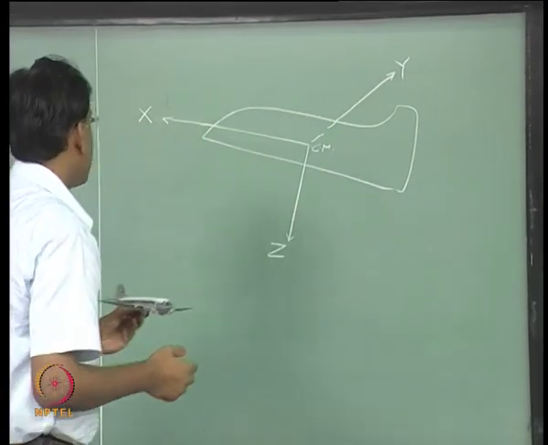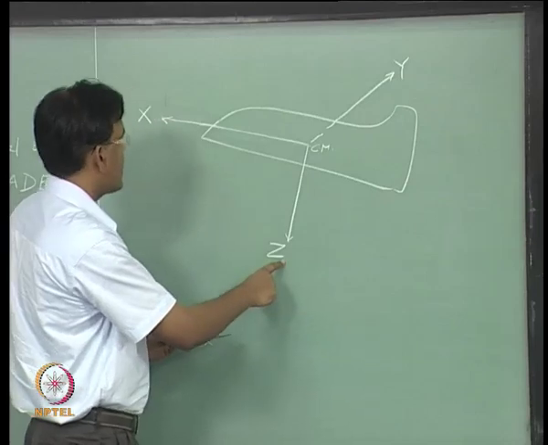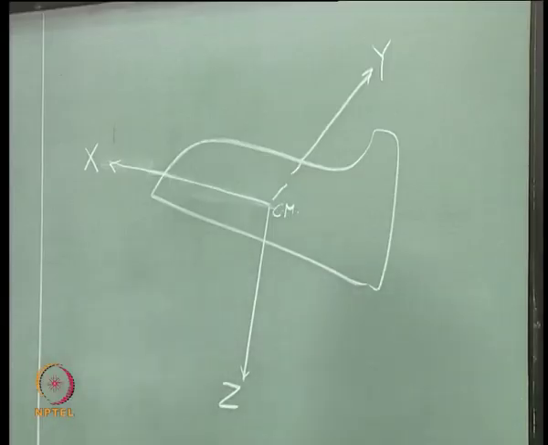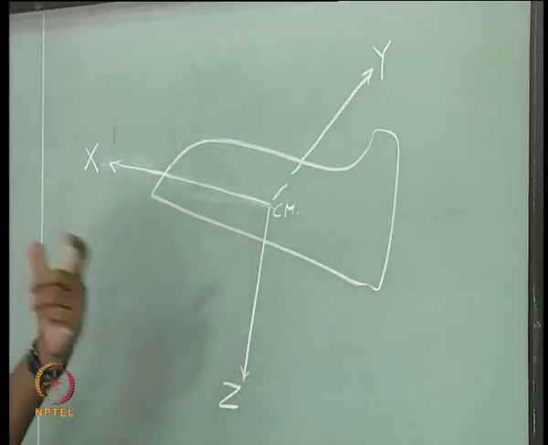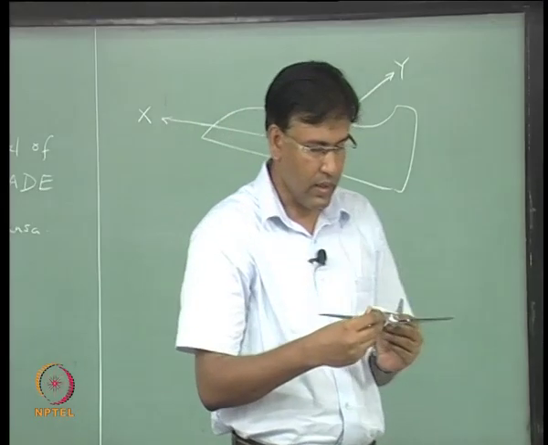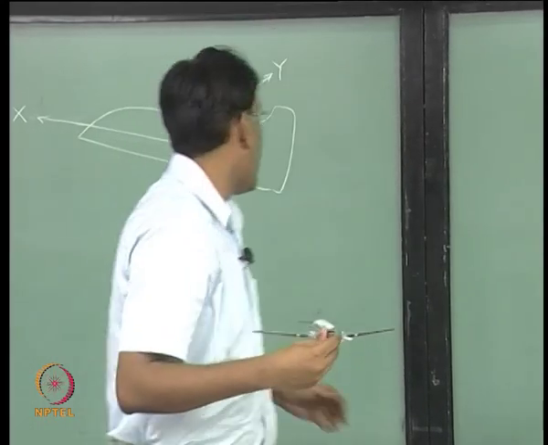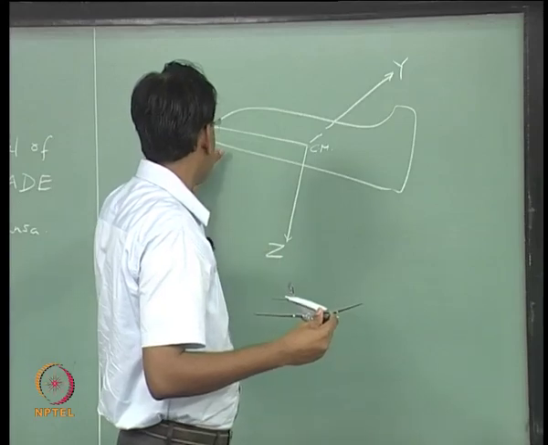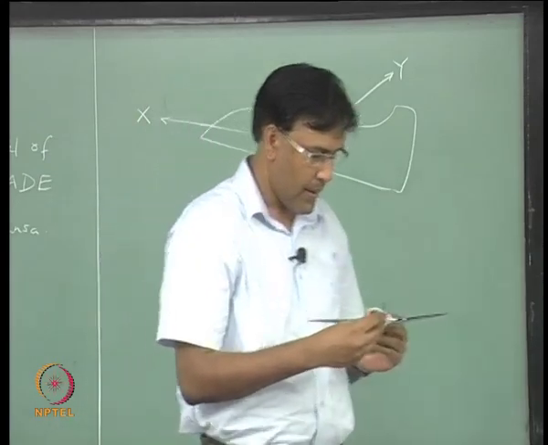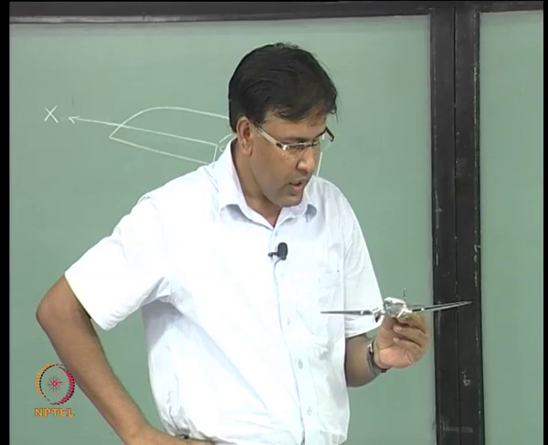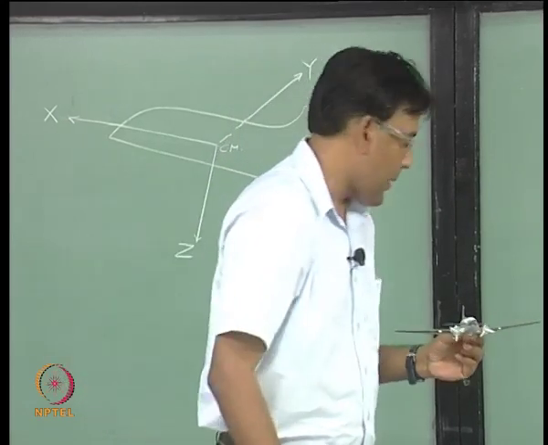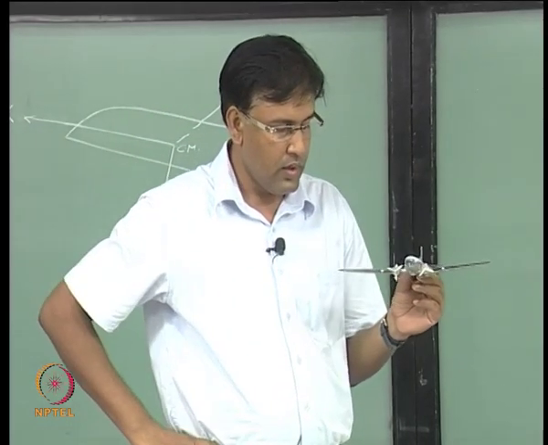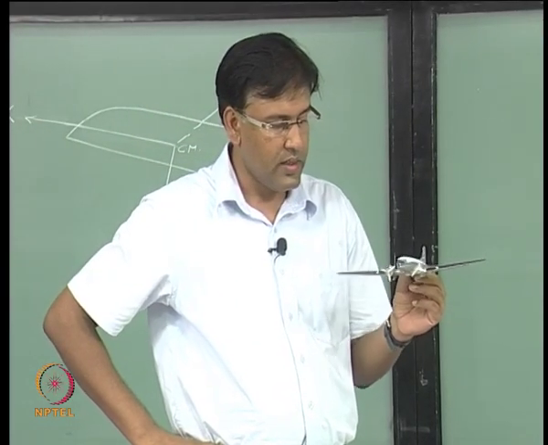In that plane, this z axis is defined as perpendicular to the x axis. Y axis completes the orthogonal coordinate system. So, y axis is perpendicular to x and z axis. Okay. So, the motion of aircraft along the x axis in the forward direction